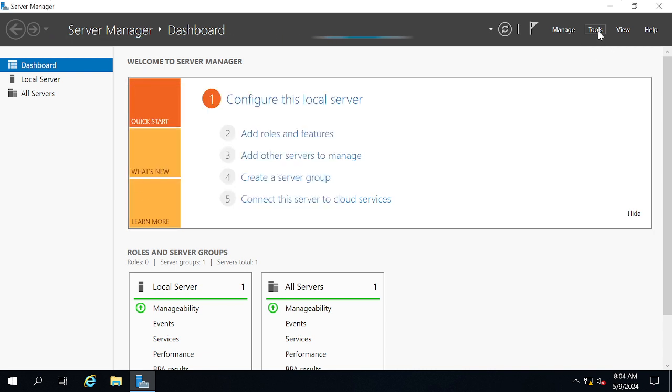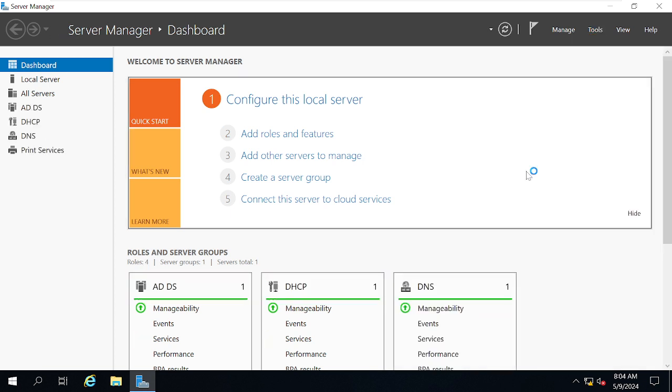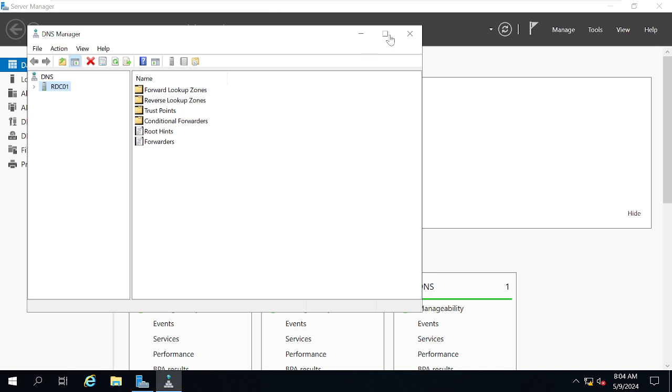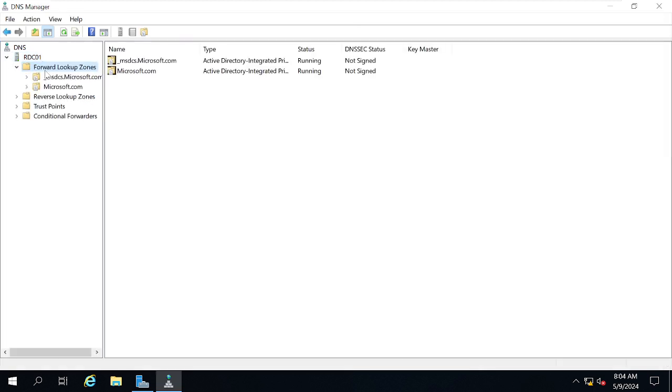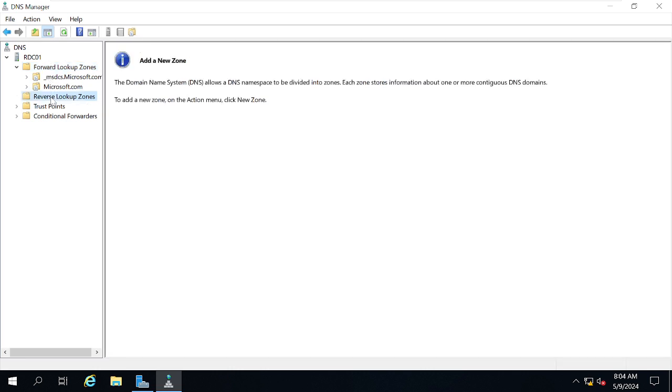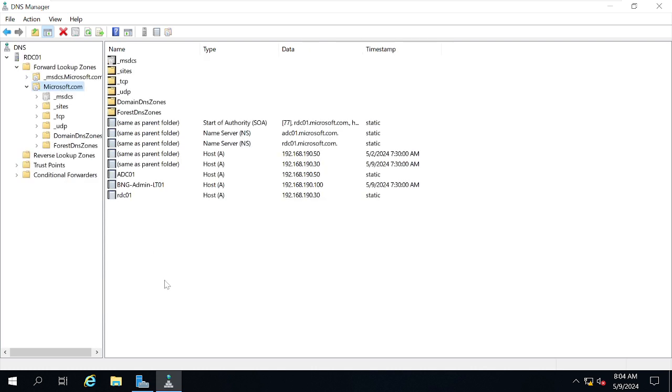You go to the Tools option here and you see there is an option called DNS. Click on DNS. As soon as you click on DNS, the reverse lookup zone is here, the forward lookup zone is here. I have to go to my forward lookup zone, and here the entries will be there.